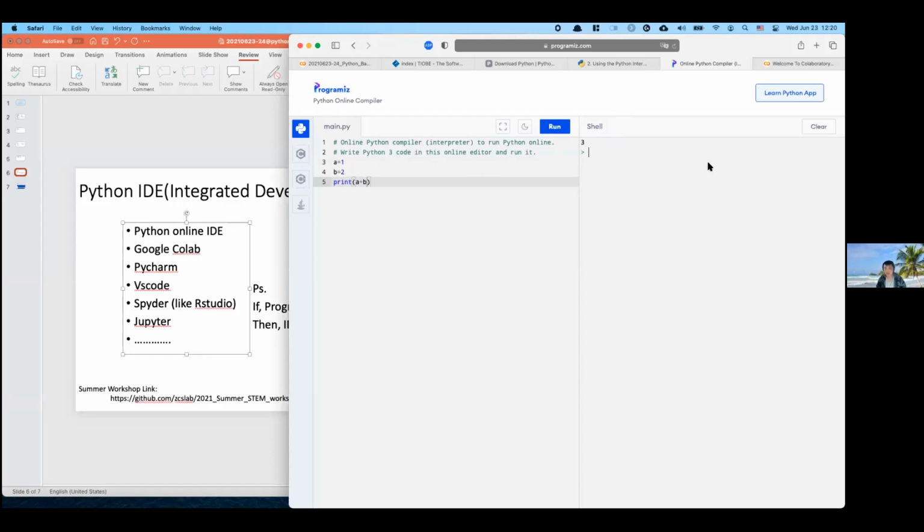And you can also use this shell, like say is 2, say is 3, D is 4, and print say plus D. You can get 7. So the good thing about using this online IDE is that you don't need to bother